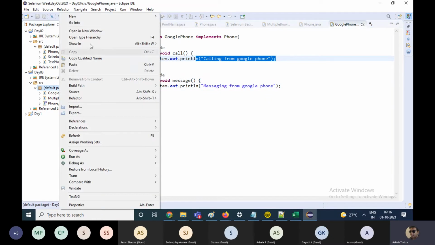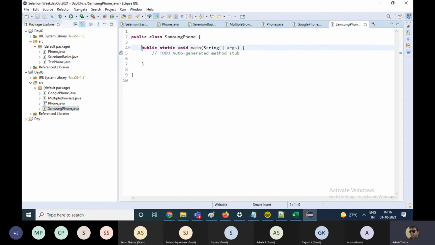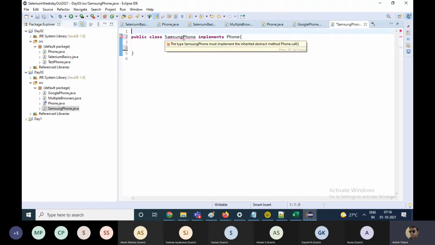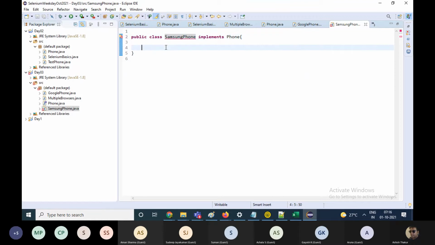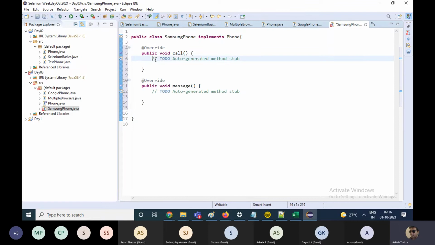And similarly, I can create a new class as a different phone, say Samsung phone. I'm not keeping the main method here. It will also implement the phone interface, and you move the mouse over the error and select add unimplemented methods.